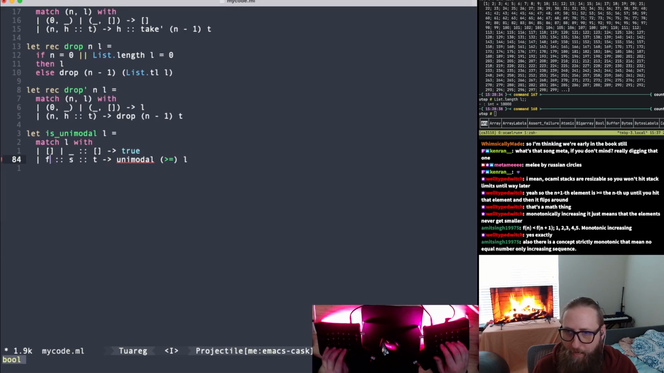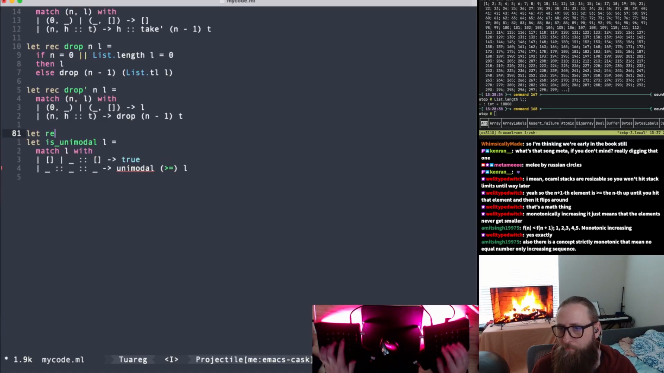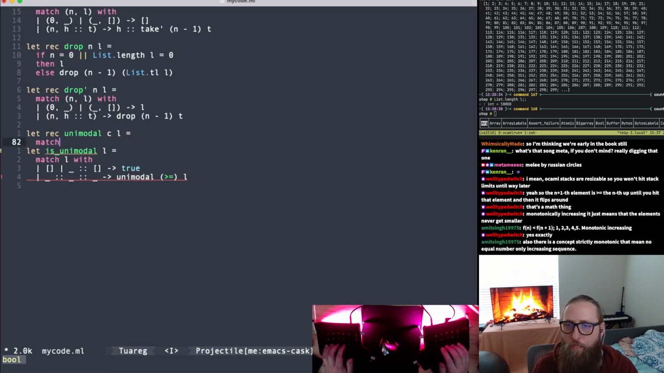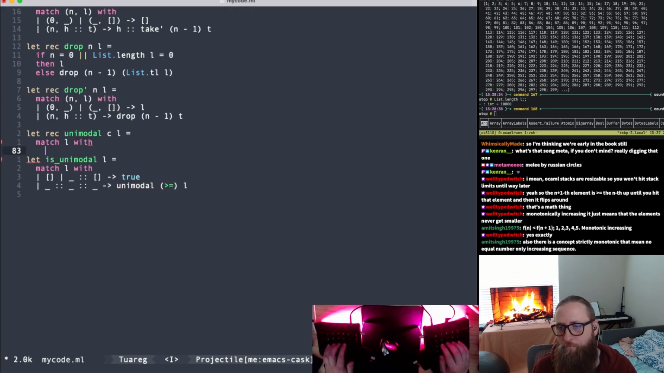I'm trying to think if I actually care about what these are. I guess I don't. We'll just go with this for now. Let rec unimodal. We'll say f, or maybe C for comparator, L equals match L with, and